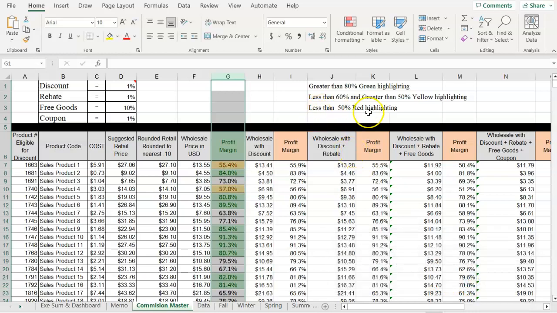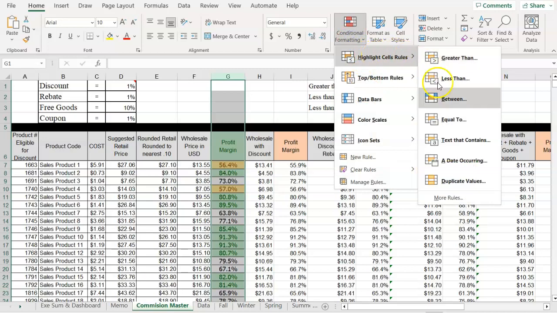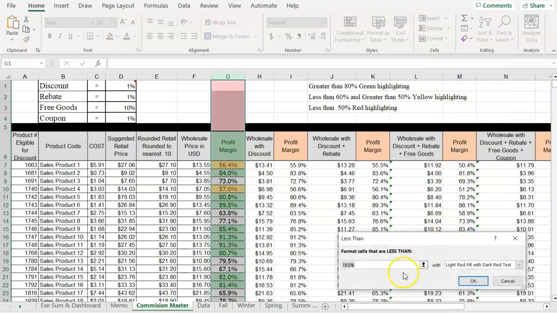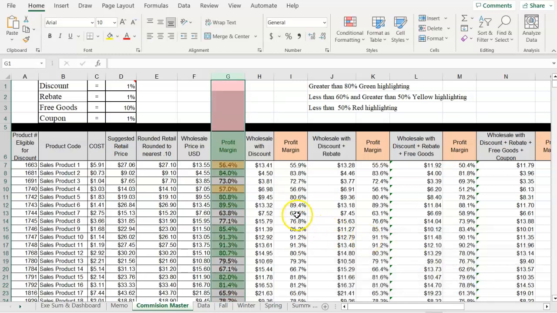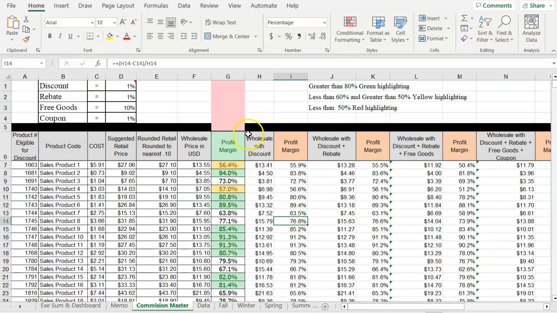And then the last one, if it's less than 50%, red highlighting. So put 50% here, and we do red. Okay. So nothing's red here, but I'm going to, let me fix this. Put those filling. Okay, so now what I'm going to do is I'm going to take the formatting from this